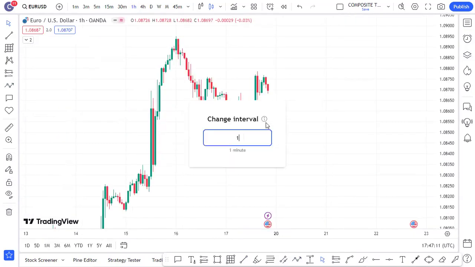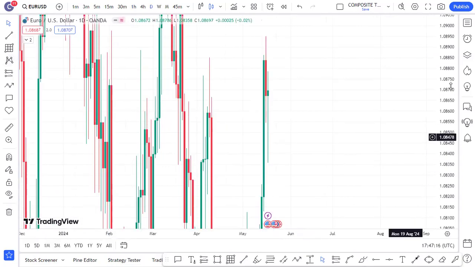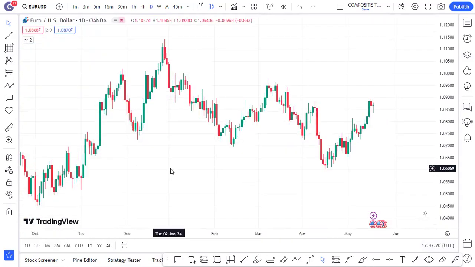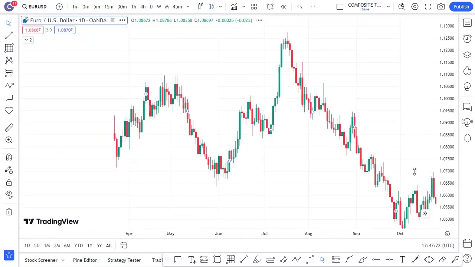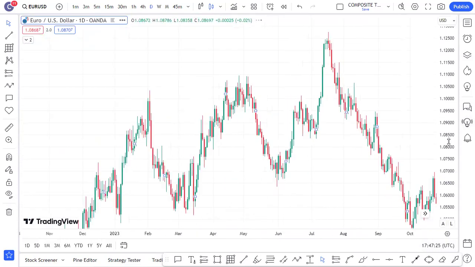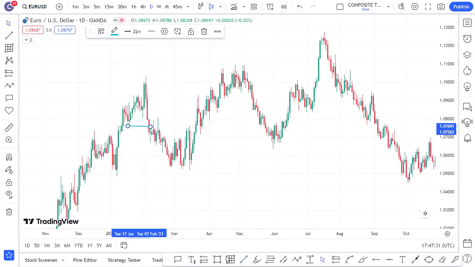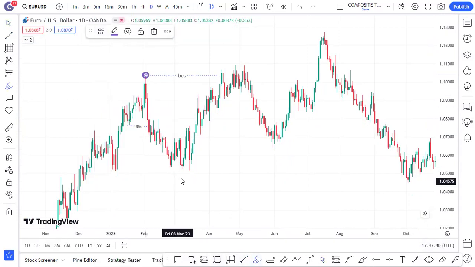EURUSD, I'll start checking from the daily time frame. Daily time frame here on EURUSD, we can see the pair before it was bullish and went bearish. Right now, you can see this was our last inducement here, inducement taken out, IDM. Then this was the break of structure here, boss. Now, once you get the boss, this is a high, this is a low. Our new inducement is here.